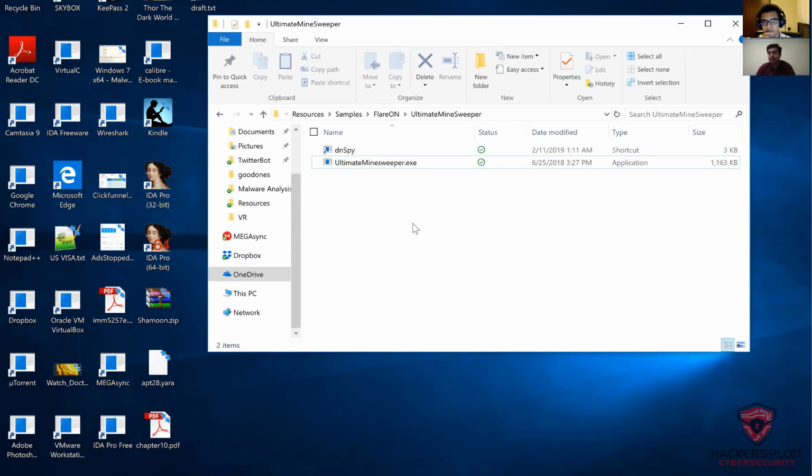Let's check the strings, the text. What text does it have? Does it have URLs? Does it have a key? Does it have bomb names or numbers? What can we find with the strings? Or other than the strings, we can check the PE header, because the PE header gives us so much information about